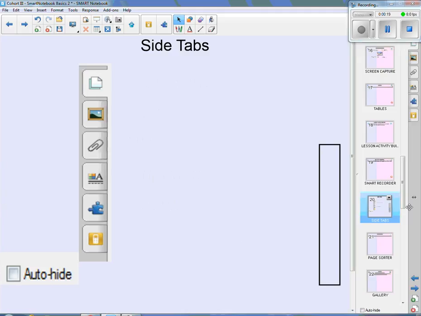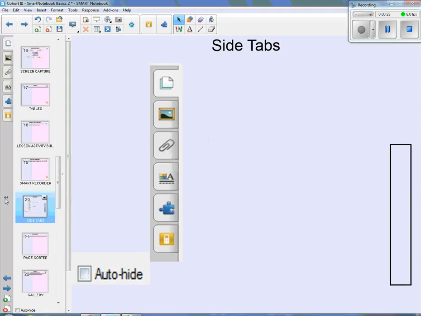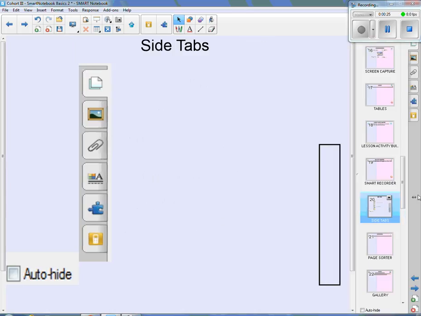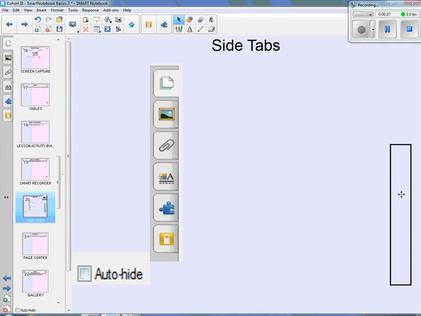And as you're teaching, if you switch sides of the board, it might be nice to switch that as you walk across, so you can still reach all the buttons from the other side. Or if you have a preferred side that you like to use, it's very easy to switch the sides right there. But I'm going to go back up the top, and the first tab on the side tab is called